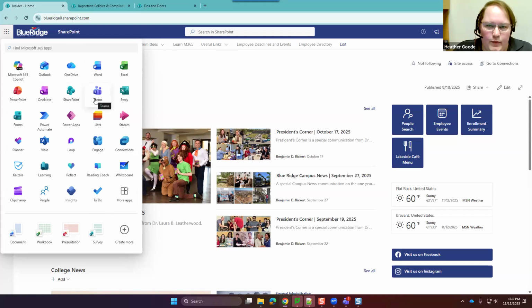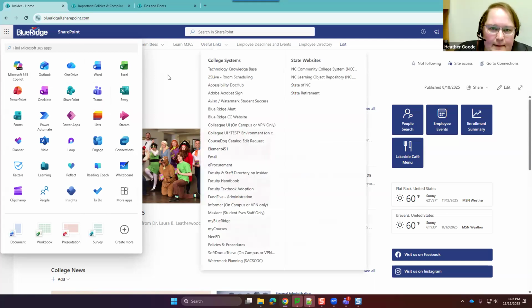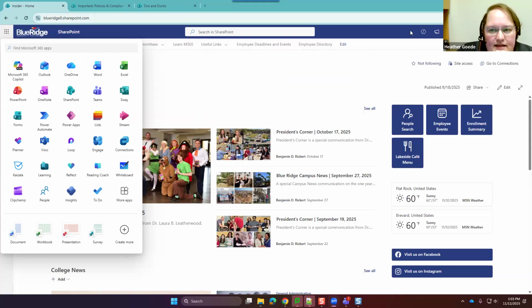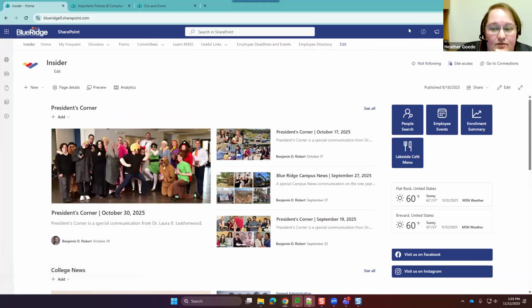When you click on Teams, it'll open in the browser. It might suggest that you download. Microsoft kind of decides when it wants that to happen and when it doesn't. So if you don't get a pop-up for it, hold on just a second. Let me slide this out of the way. If you don't get a pop-up for it, in the upper right-hand corner, like right here,